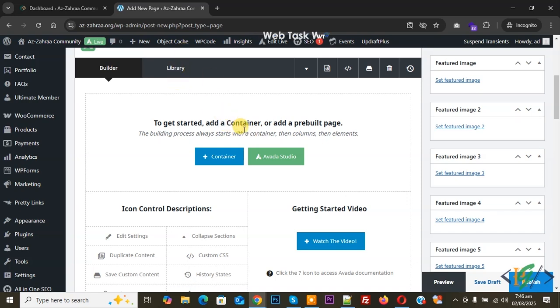Bismillahirrahmanirrahim. Assalamu alaikum. My name is Hassan and today we are going to set custom column width in Avada builder